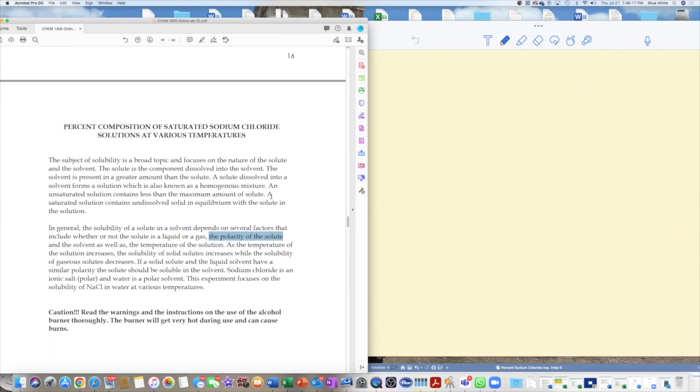We are talking about solubility, and solubility focuses on a solute dissolving in solvent